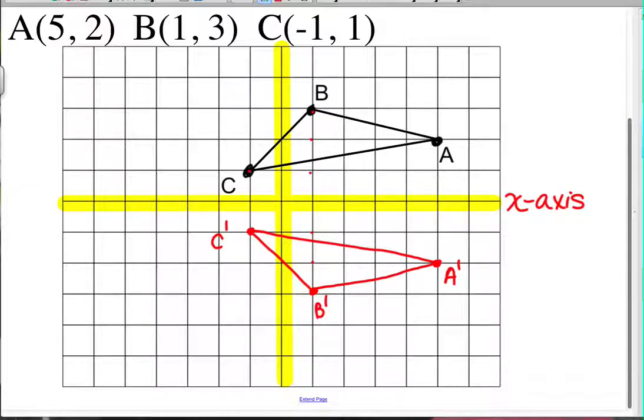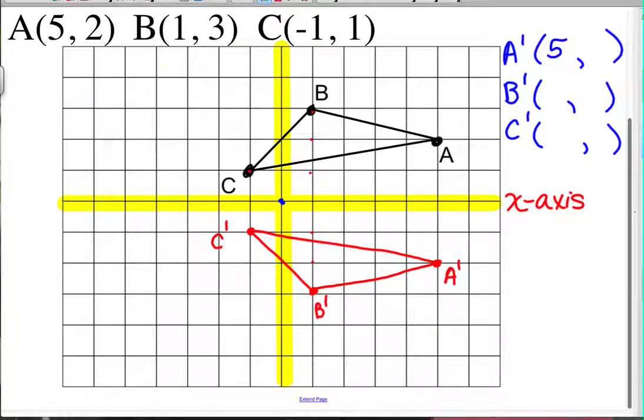Now the directions also said to list your new coordinates, which are your ordered pairs. So let's do that. Where is A prime, B prime, C prime? Remember, we always list the x coordinate first. So starting at the origin, how do you get to A? You go over 1, 2, 3, 4, 5. So going right 5 is a positive 5, and then you go down 2, which would make a negative 2